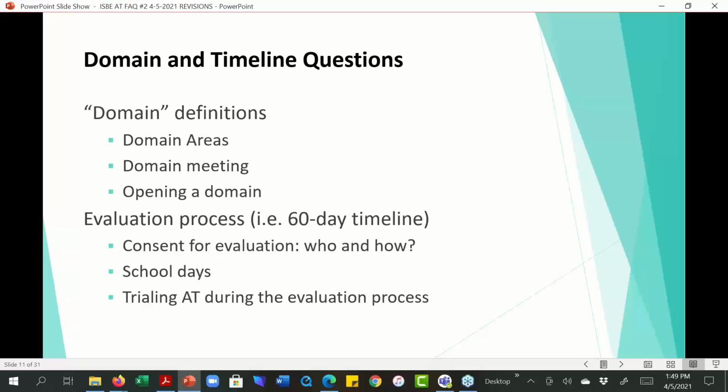So one thing that is important to remember is that assistive technology is not its own domain. Doing a full assistive technology evaluation, and in the FAQ document and in the guidance document, we address what it means between assessment versus evaluation.